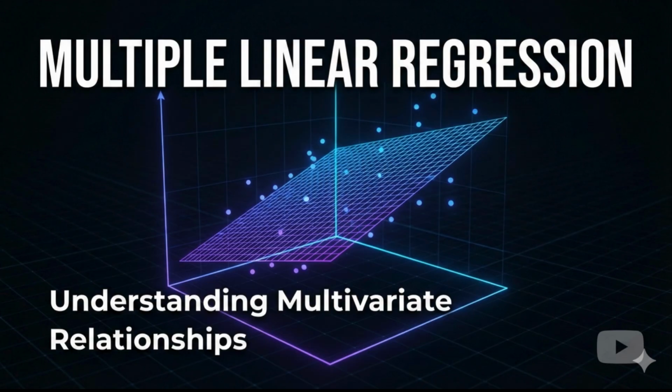Because you're assuming that straight line relationship continues forever. And it almost never does. Relationships curve, they break. Stick to predicting within the range your model was built on. Okay, this has been an incredible deep dive. This is the toolkit for moving into realistic business modeling. Let's boil it down to the 3 key takeaways.